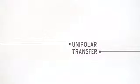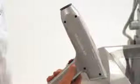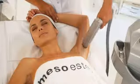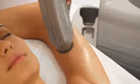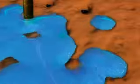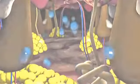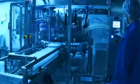Unipolar Transfer. Unipolar Transfer radiofrequency is a revolutionary type of radiofrequency that enables active agents to penetrate the dermal layer, thanks to specific frequency parameters. It is applied using a unipolar applicator. The frequency of the treatment used changes the permeability of the membrane, enabling active agents to penetrate into the dermal layers where the cell repair mechanisms are located. The laboratory at Mesoestetic, a leading company in the cosmetics industry, has developed 4 exclusive preparations that strengthen the results of the treatment through the use of active agents that contain